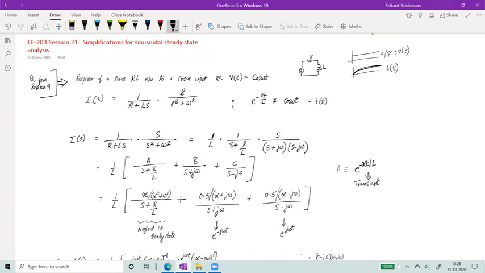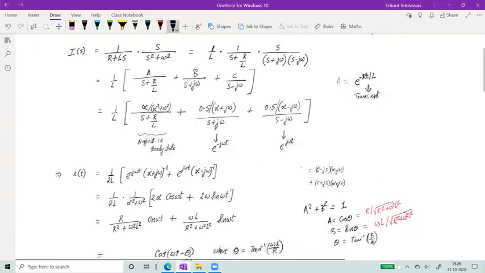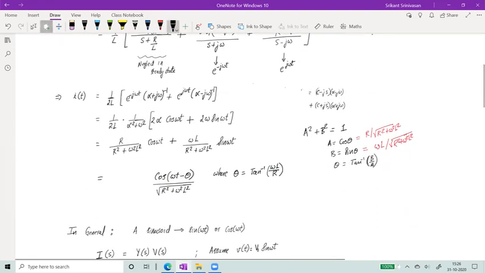But in the case of a cosine function, what's happening is that if my input is a cosine function, then my output is also a cosine function, except that it is shifted by some phase. So there is some phase difference. It could have been like this, but it's exactly the same function, okay? When I say phase difference, what I mean is this value theta. So if my input is of the form cos omega t, the output is also of the form cos omega t.